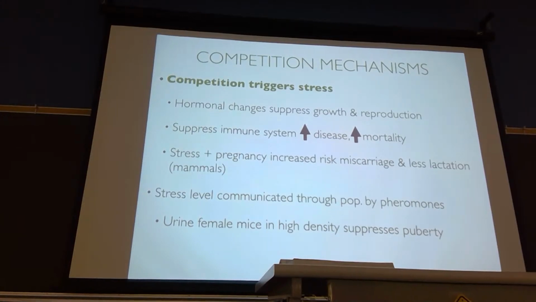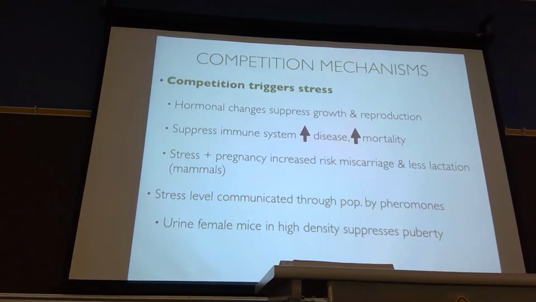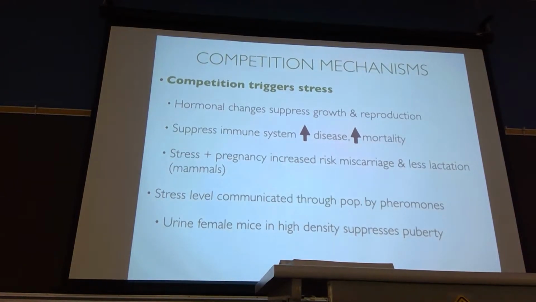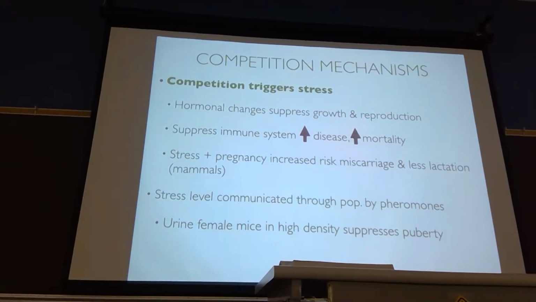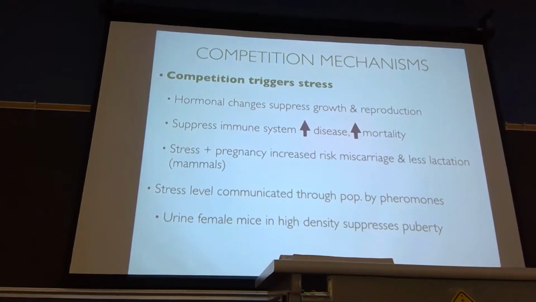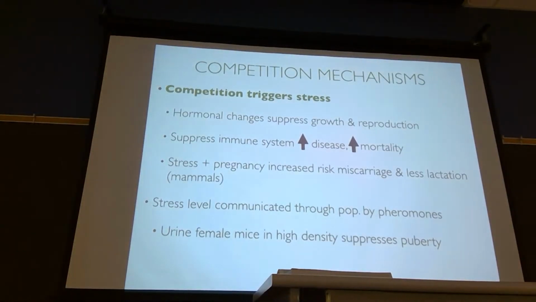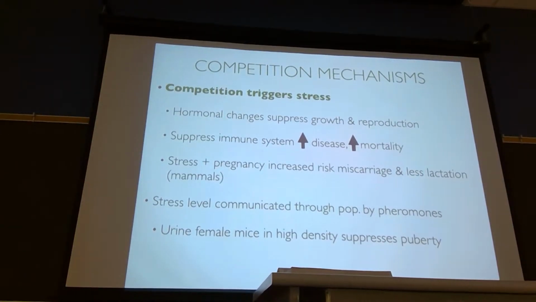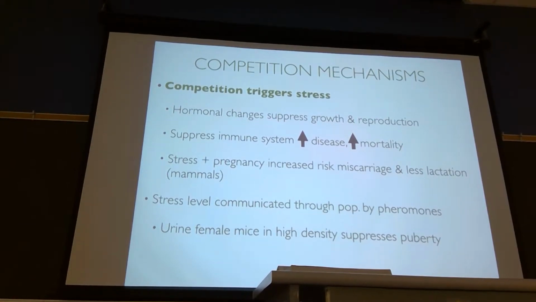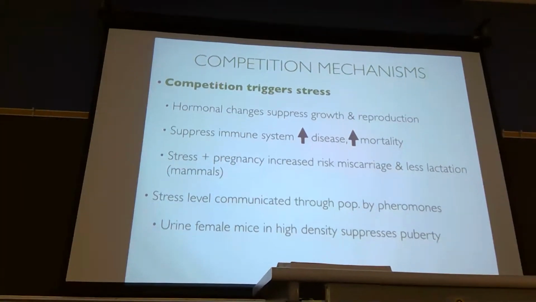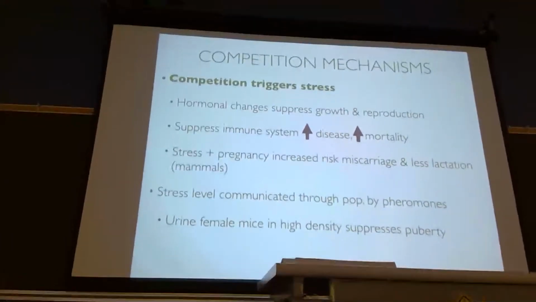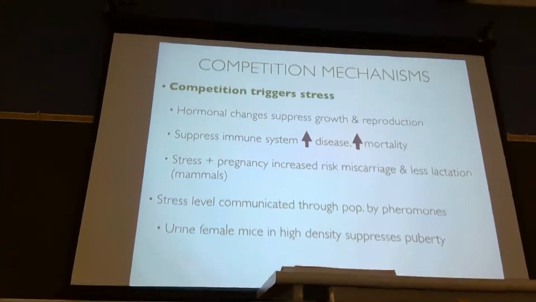They delay that age of maturation in first birth. A great example of this is that female mice in high density populations produce different pheromones in their urine. And when their offspring receive that pheromone signal, they delay their maturation and suppress the movement into puberty and becoming sexually reproductive themselves. And in that way, stress of being in a highly competitive situation helps reduce competition by reducing the number of individuals that are going to be added to the population. And so the stress is bad individually, but it benefits the population.